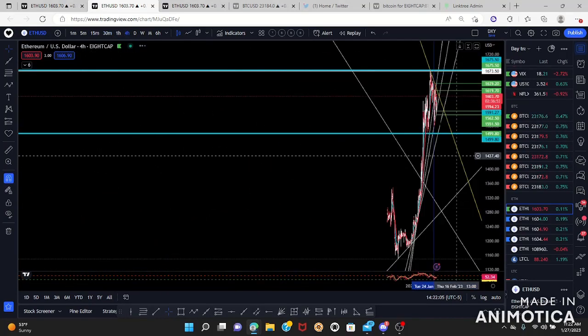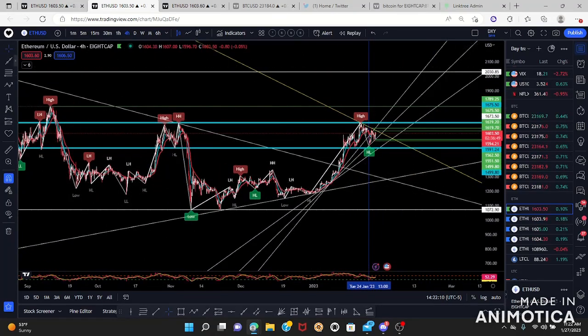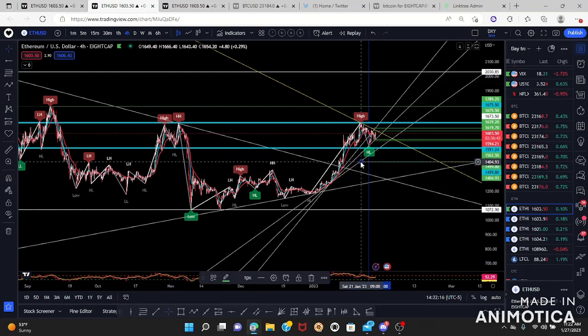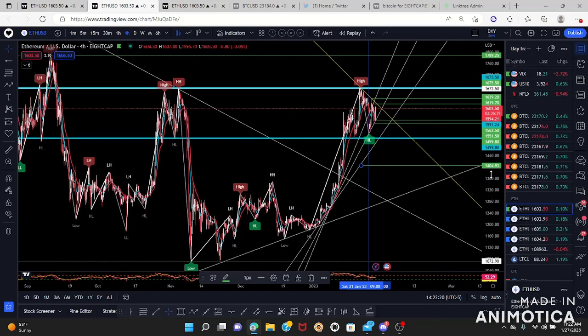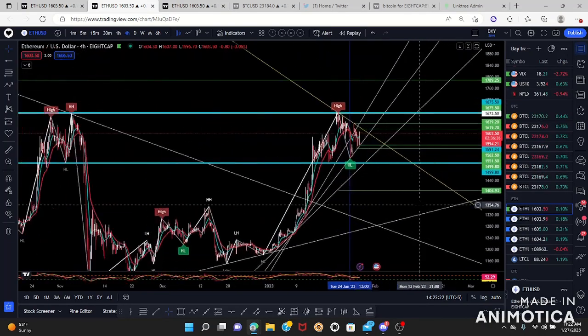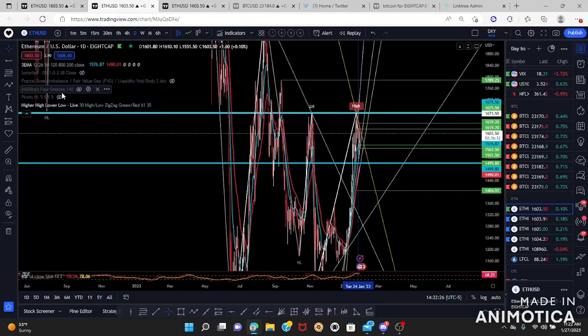That target's going to be based on a 4-hour target. And that target for the 8th will be based on this high all the way to 1400s, right? You could also go on your daily and turn on your